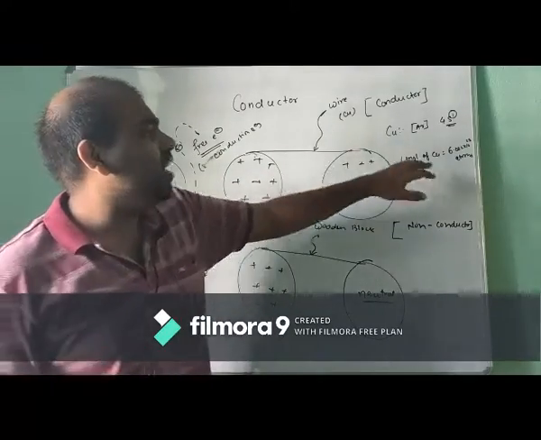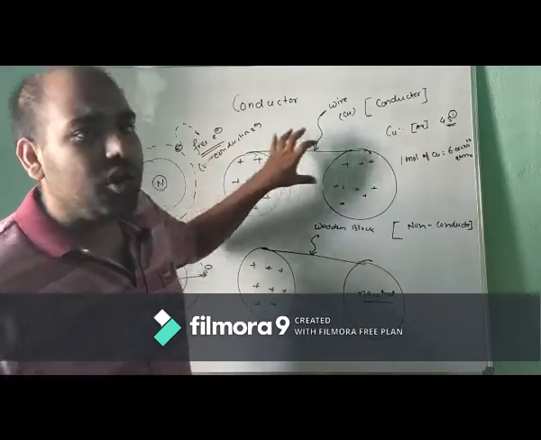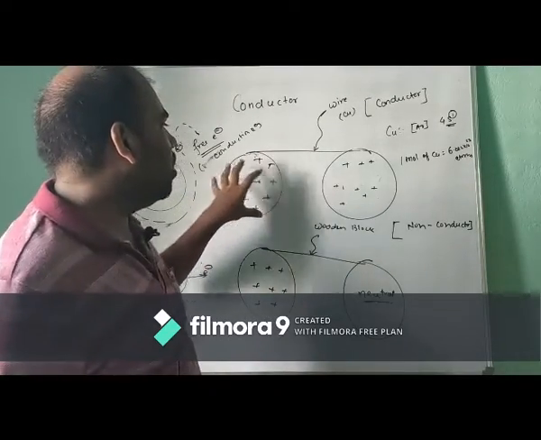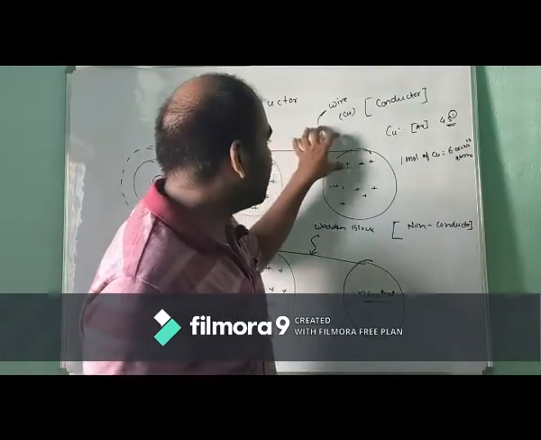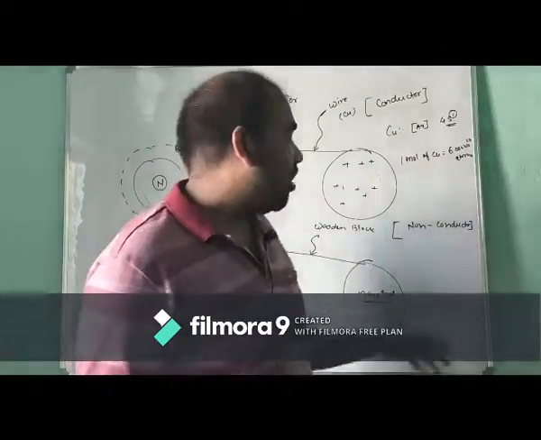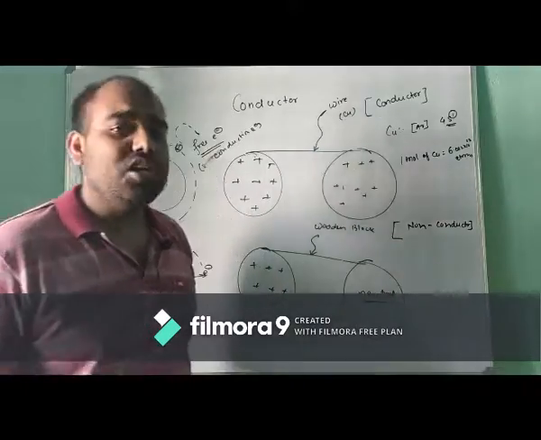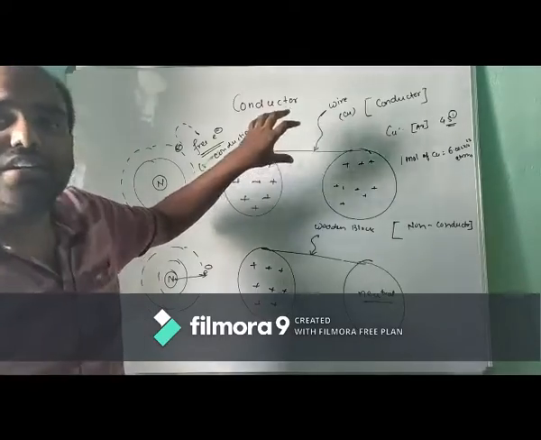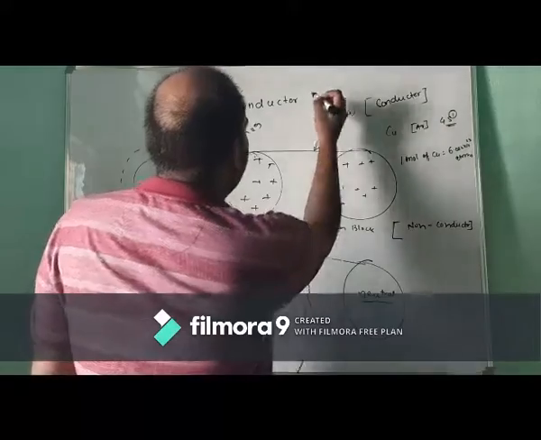Since there are free electrons here, the electrons flow from this body to this body. In the case of the conductor, the electrons flow through this copper wire, which consists of a lot of free electrons. While the wooden block doesn't consist of any free electrons, so it will not conduct any electricity, while this copper wire will conduct electricity. Now I think I made clear what the difference is between a conductor and an insulator.